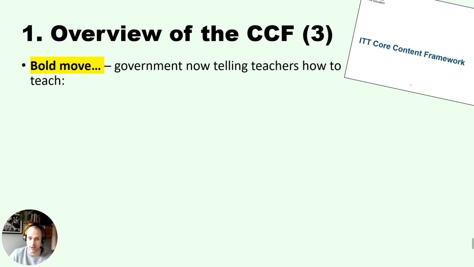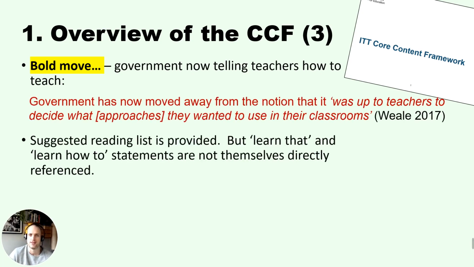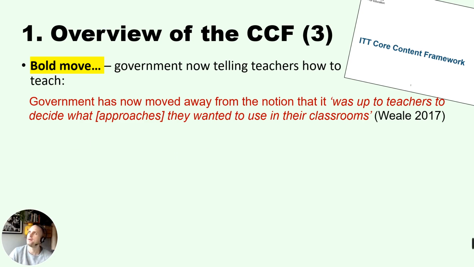Finally, it's pretty bold in that the government is now, and this created a lot of furore at the time and still does to some degree, taking a venture, through the DfE, into telling teachers how to teach. And that used to, in a sense, be a preserve of teachers. The government's moving away from the notion that it was up to teachers to decide what approaches they want to use in their classrooms. And look, that initial Education Endowment Foundation research is saying, well, actually, teacher judgment